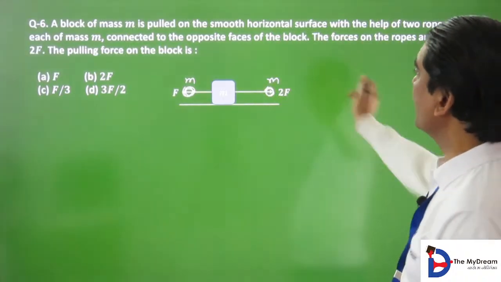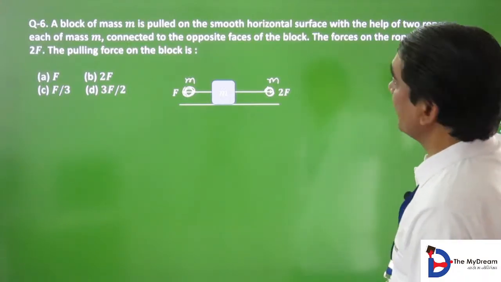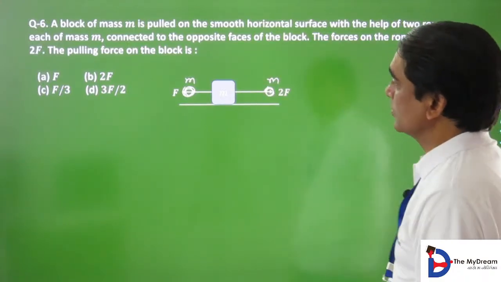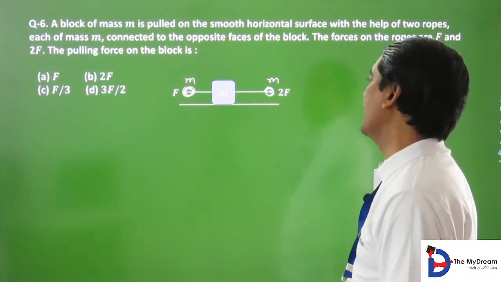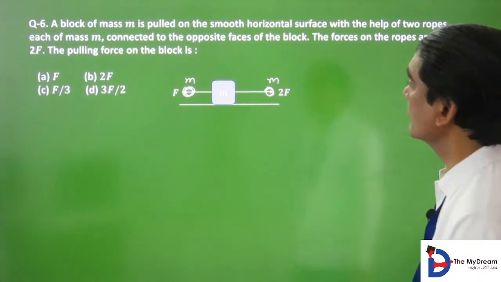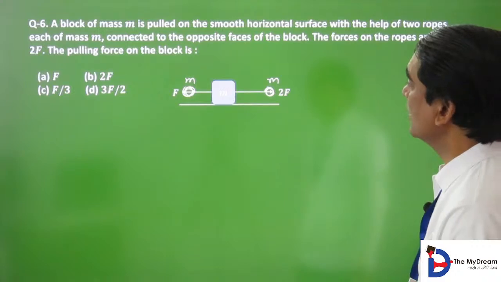Connected to the opposite faces. The forces on the rope are F and 2F. The pulling force on the block is,